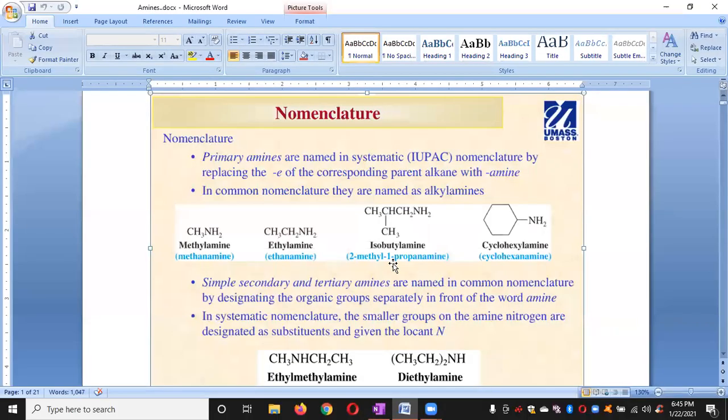Okay, good morning everyone. So next class, we move on to our next class in nitrogen compounds. So far we have studied about amines. In amines we have studied about preparations, physical properties and chemical properties. And we have one more topic in amines: diazonium salts, or we can say benzene diazonium salt.